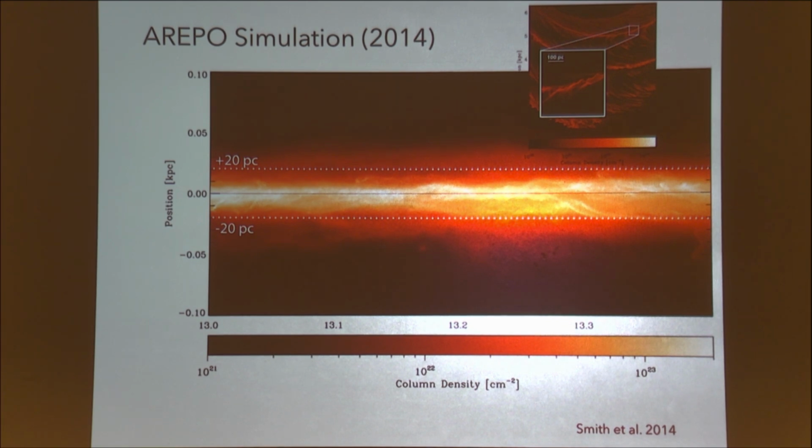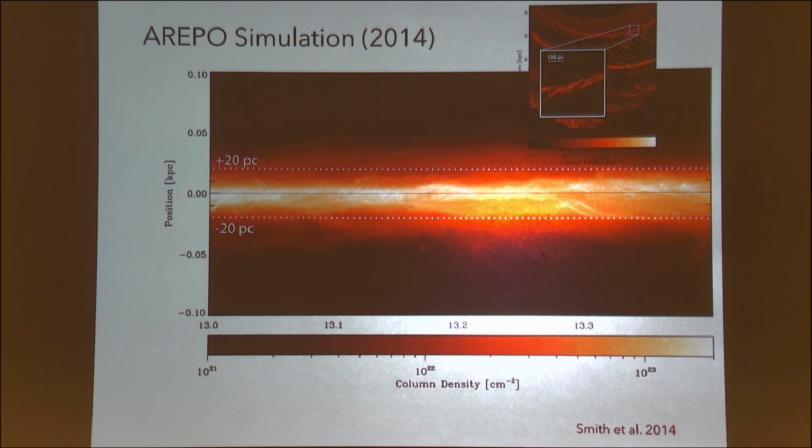Okay, so this is just to say that if you looked in a simulation that, by the way, has no magnetic fields and no feedback, and no self-gravity of the structures themselves, there's just an imposed spiral potential. So it's a very artificial simulation, but it's the only one that has enough resolution to look at this. No dust. No, so there's no radiative transfer of dust, although there is some assumption about the dust because this is the same simulation where the synthetic CO maps were made. So there's some sort of cooling assumptions that imply some amount of dust.